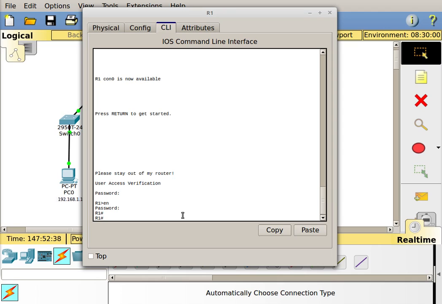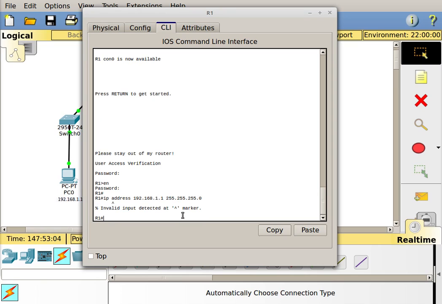One of the things I see a lot of students do when they're trying to learn routing and switching is they type the wrong command in the wrong place, or the right command in the wrong place. Like for example, if I wanted to type in IP address 192.168.1.1 with a subnet mask of 255.255.255.0 because the lab I'm doing or my instructor told me to do that, or I want to set that IP address, and I'm like, okay, I know what the command is, I hit enter, oh,